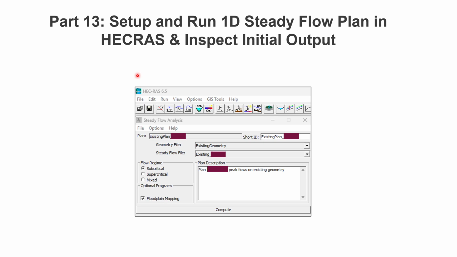fix any issues. When the plan can run, we can do some further modification like making sure the bank stations are in the right places, and we are also able to do some other editing before we can insert our bridge. But let's go ahead at this point and set up the 1D plan and then we can run